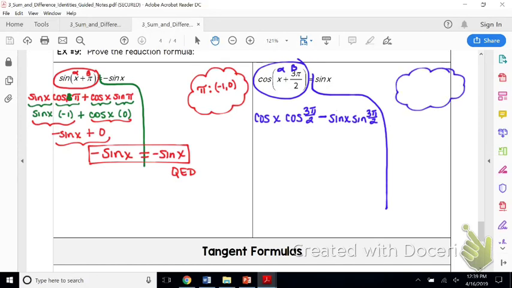And anytime we have an angle, we're going to go find its ordered pair. 0 and -1. Good. And then plug in what you can. So cosine of x stays cosine of x. Cosine of 3 pi over 2 is 0. Minus sine of x. And then sine of 3 pi over 2 is